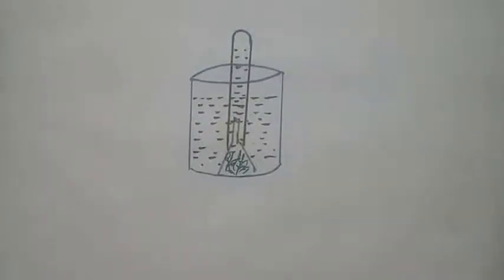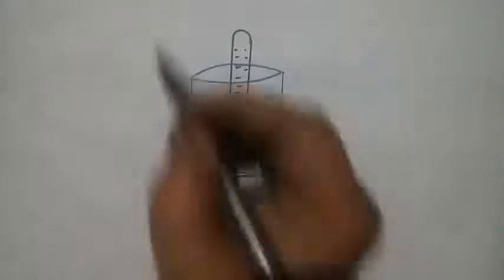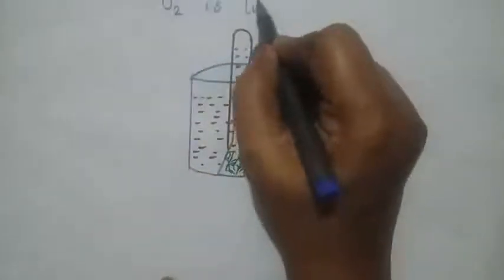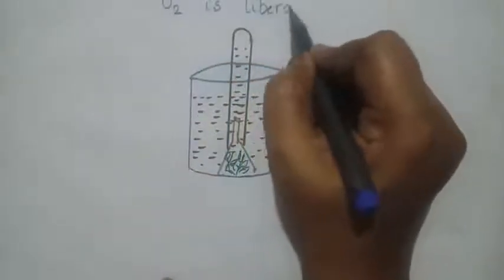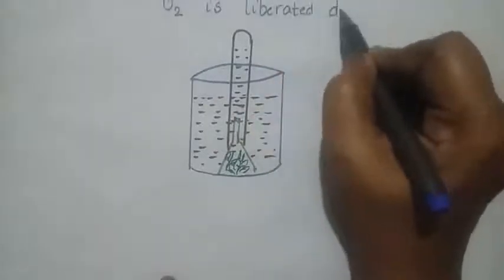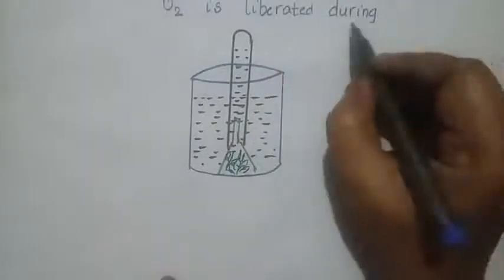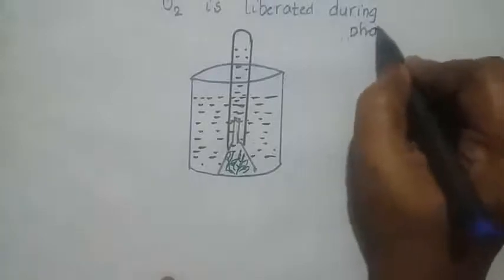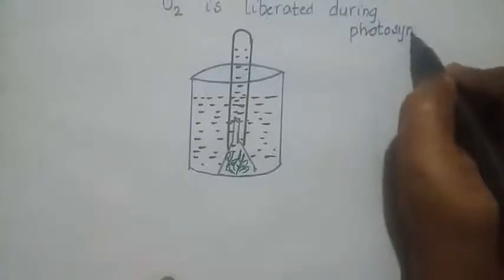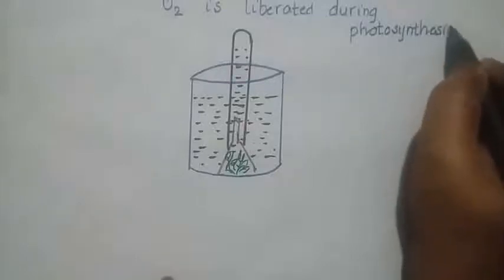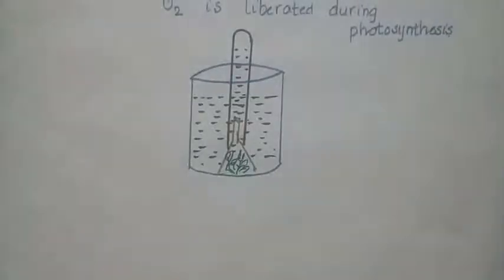Okay, so this is an experiment to demonstrate that oxygen is liberated during photosynthesis. And this is one of the diagrams usually asked in the examination which you have to practice. So let us start with this experiment. I think children, you can try this experiment all by yourself at home. Let us see. So you are going to take a